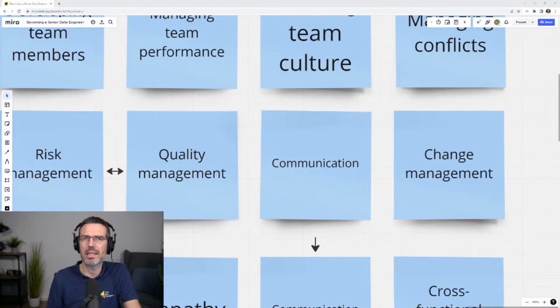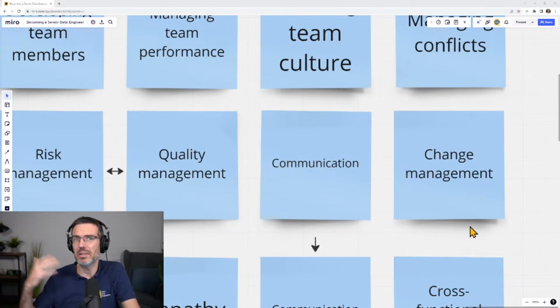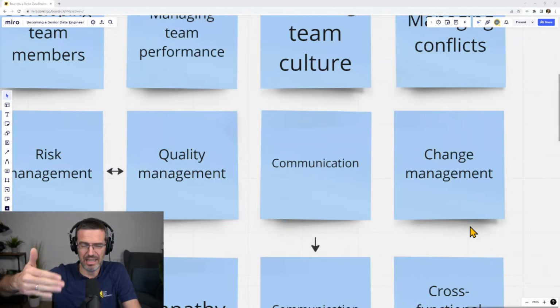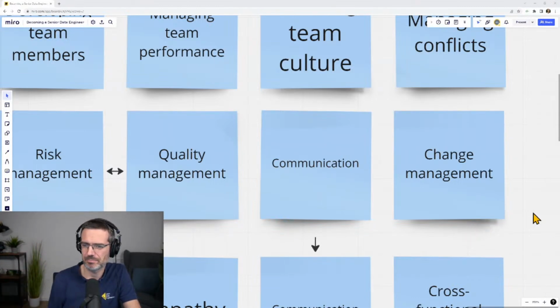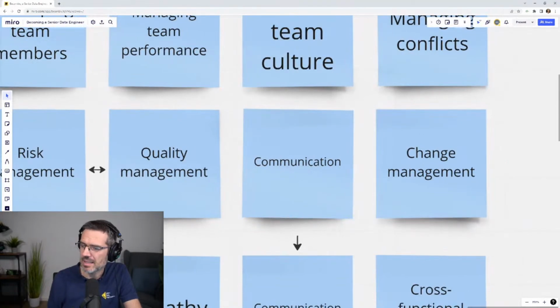Get in touch with everybody that takes part in the project, not only the immediate team members, but also a sponsor who will most likely give you the money for this, but also the other people from the business who are directly involved and who you are going to help build the infrastructure for, build the pipelines, get them the data so they can do their work. Change management. A senior data engineer should be able to manage changes to the project scope, timeline, budget, and ensure that stakeholders are informed and necessary adjustments are made.